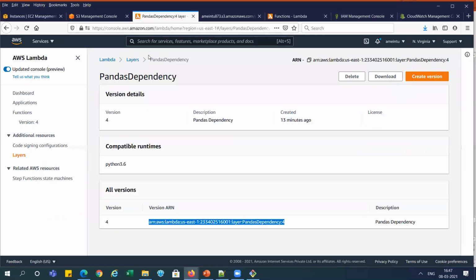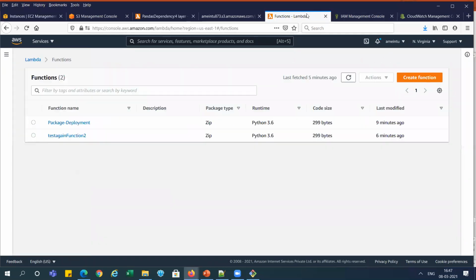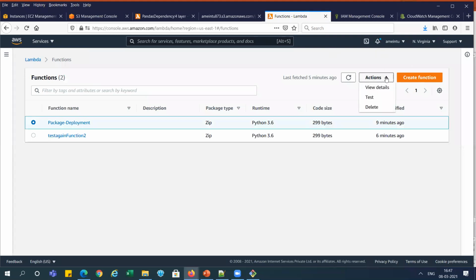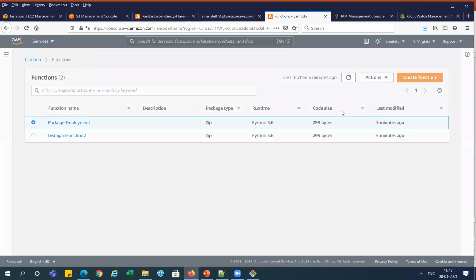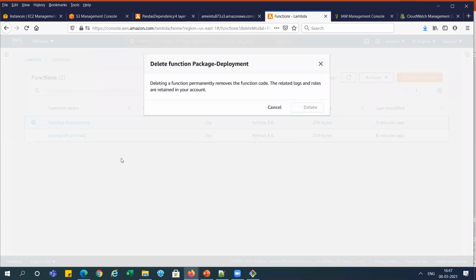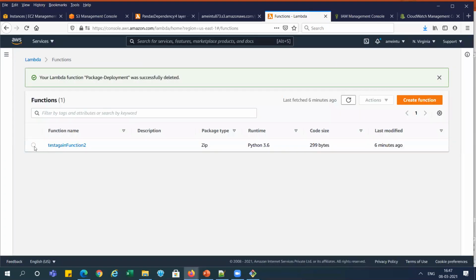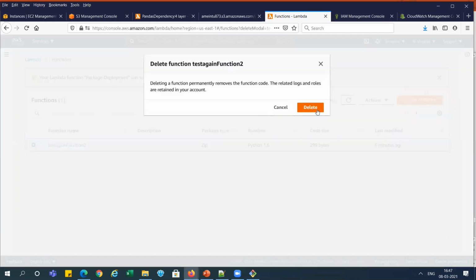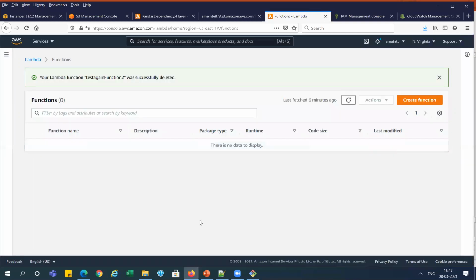Now we need to delete the lambda functions. These are the two functions we created, right? So we are going and deleting these functions. Delete this function, and here you can select and delete this function, right? So this function is deleted here.